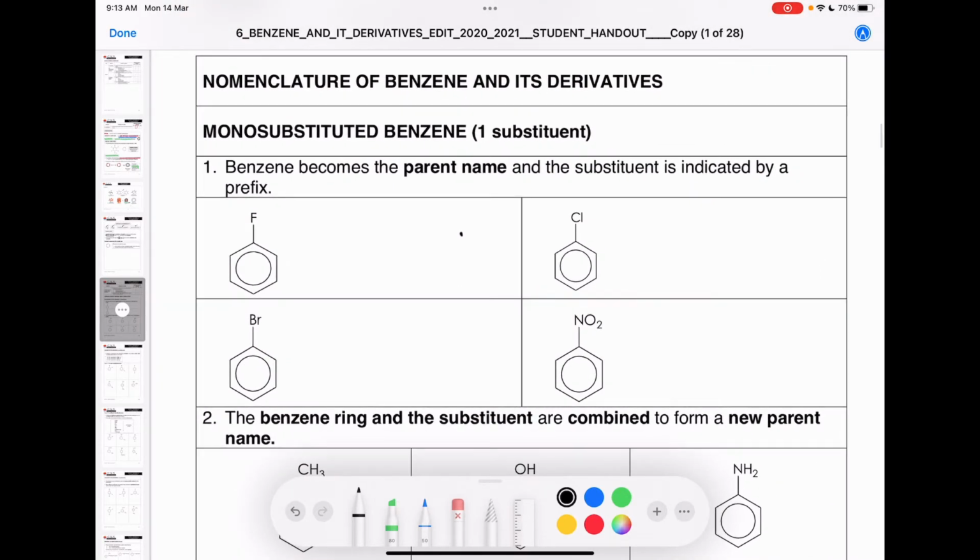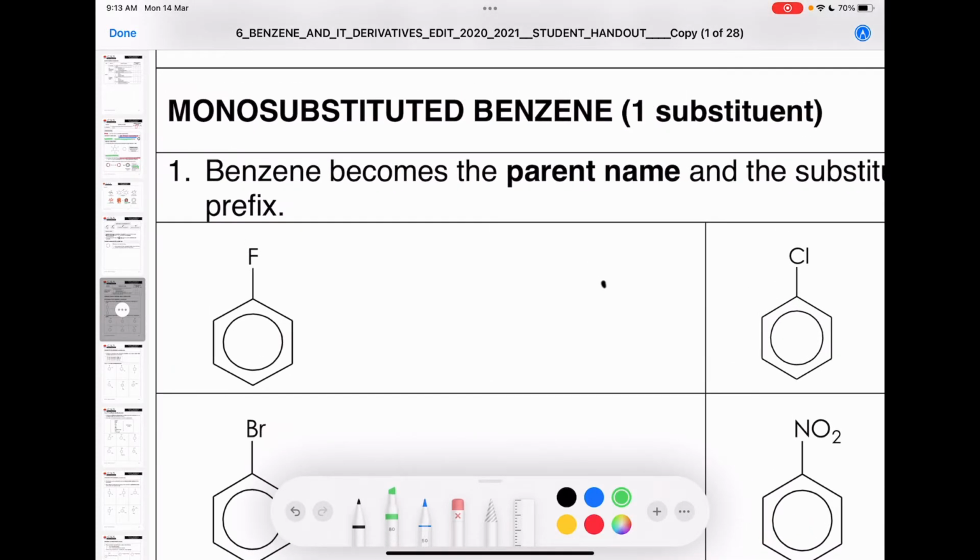Okay, so here we have a monosubstituted benzene. Maksudnya dia hanya ada satu substituent sahaja. So as you can see, for example, we have fluorine with benzene, chlorine with benzene, bromine with benzene, and nitro with benzene. For this one, you have to know that whenever you see a structure like this, the benzene will become the parent name. And therefore,